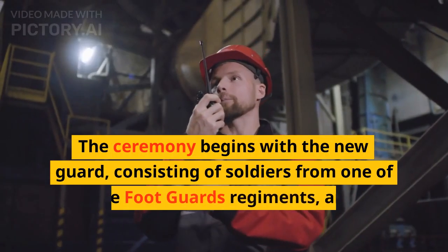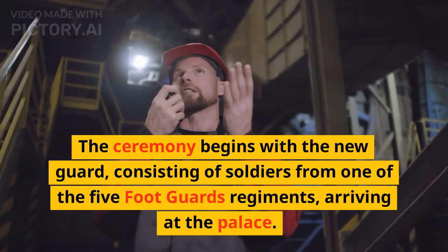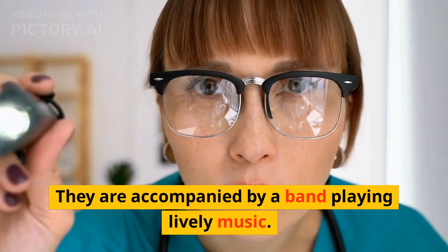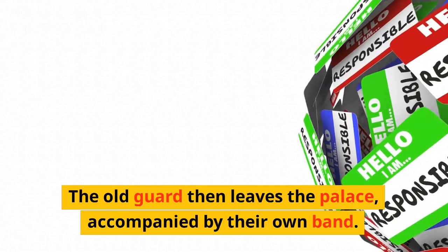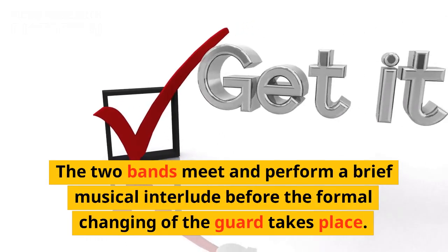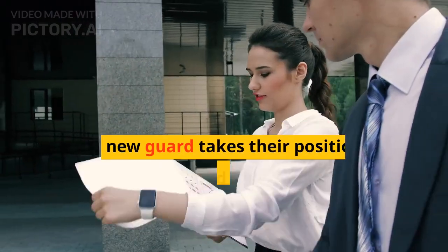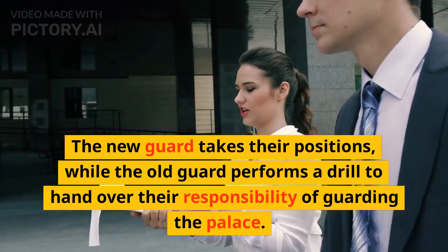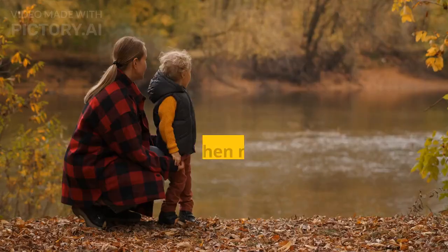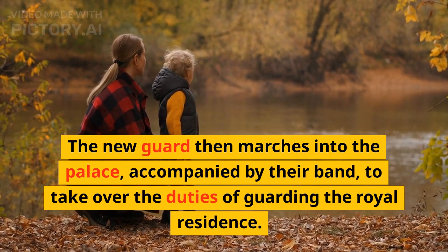The ceremony begins with the new guard, consisting of soldiers from one of the Foot Guards regiments, arriving at the palace. They are accompanied by a band playing lively music. The old guard then leaves the palace, accompanied by their own band. The two bands meet and perform a brief musical interlude before the formal changing of the guard takes place. The new guard takes their positions, while the old guard performs a drill to hand over their responsibility of guarding the palace. The new guard then marches into the palace, accompanied by their band, to take over the duties of